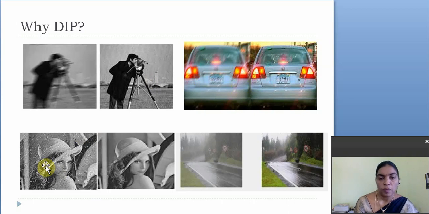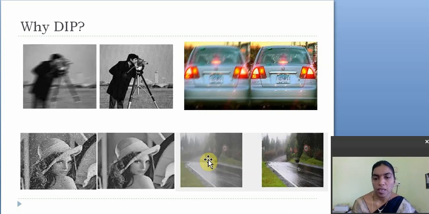And then here, see this image. The image is fully with noise. And this image is under atmospheric conditions, so the image is not in the proper way.